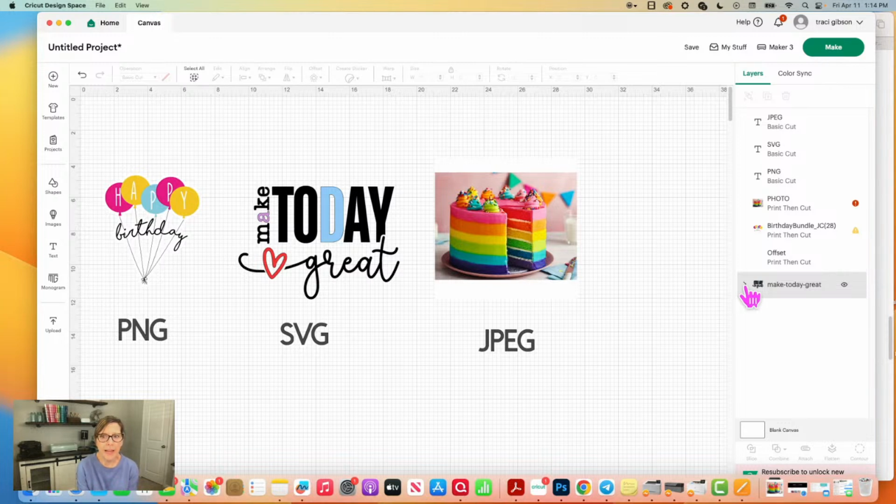It's treated more like an image or like a print. And until you flatten it, Cricut doesn't know how you want it to be cut. And so you have to do a couple steps to a PNG that you don't necessarily have to do to an SVG. So some examples of PNGs are the projects I just showed you, which are the stickers,